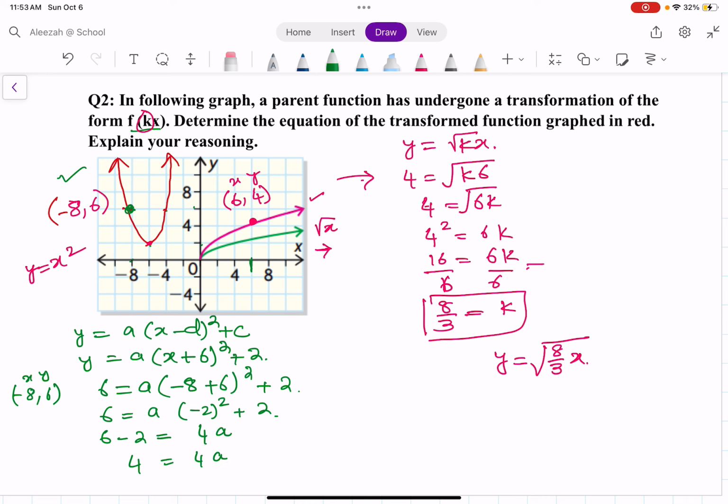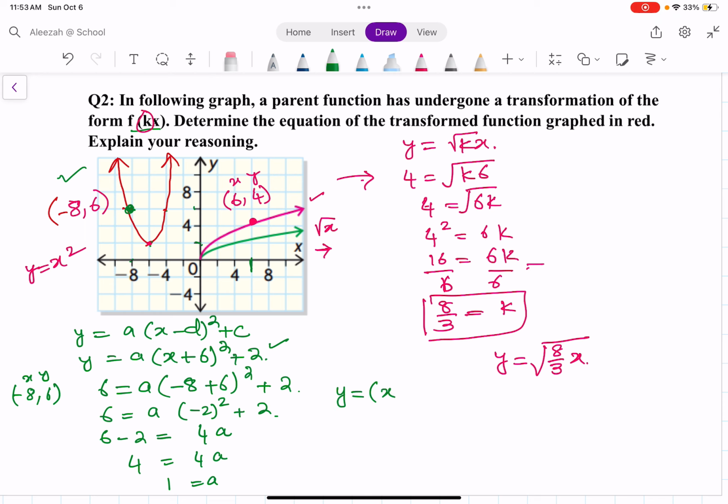So it means a equals 1. Okay, I just want to double check here. The graph is translated 6 units to the left, that's right, and 2 units up, right? So it's 2 units up, and then we took a point where x is negative 8 and y is 6. So when I plug in x is negative 8, y is 6, and plus 2, that is my equation. So my final equation will be y equals